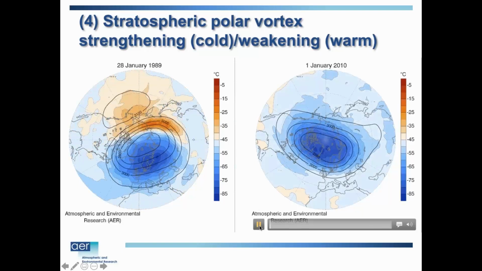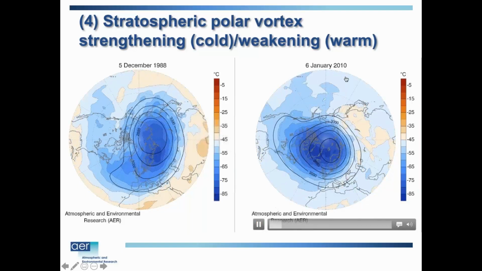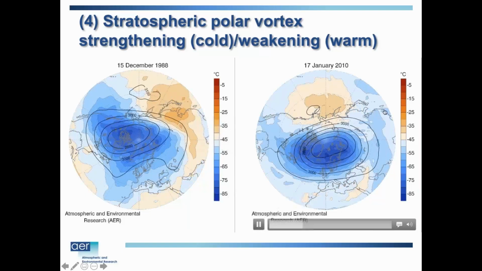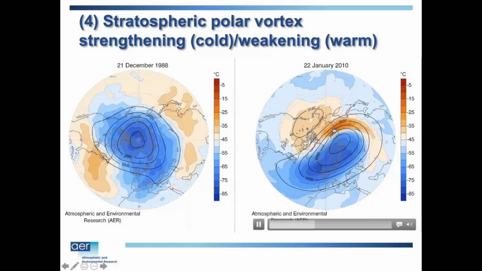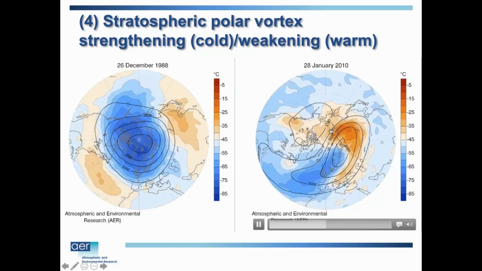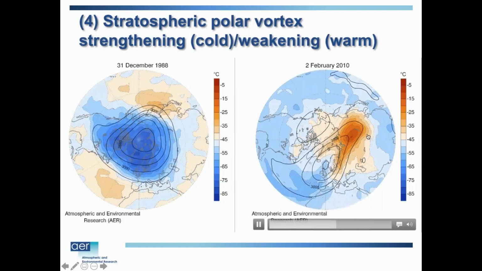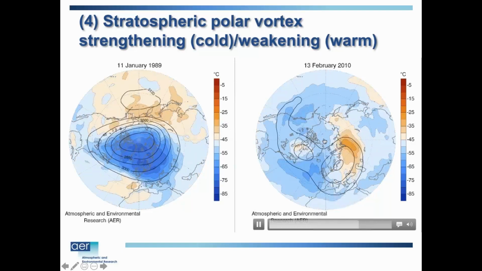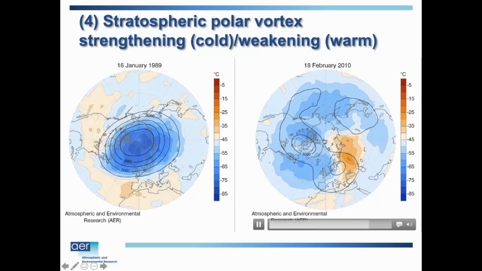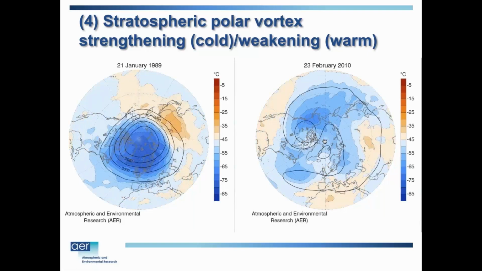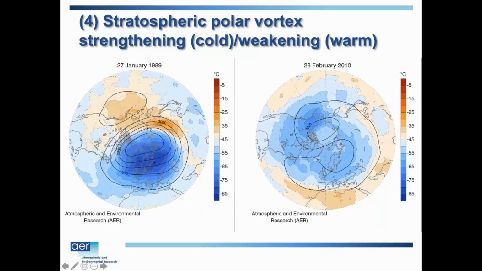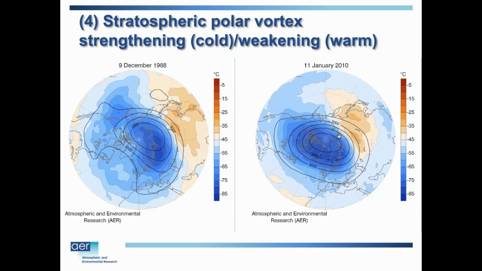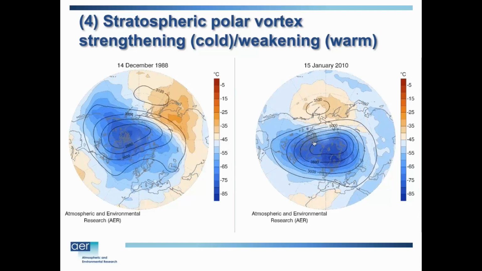So it's quite striking, the difference if you look at 2009-10. It starts out similar, you get a strong vortex, but then warm air is going to come out of Siberia and rush into the Arctic region and knock the polar vortex off the pole. So you have much warmer temperatures invading the Arctic region, and that cold air that was previously confined over the Arctic now discharges and spills out to lower latitudes, and a very strong mixing of the air masses. And again, this is all in the stratosphere, it's not what's happening in the troposphere.